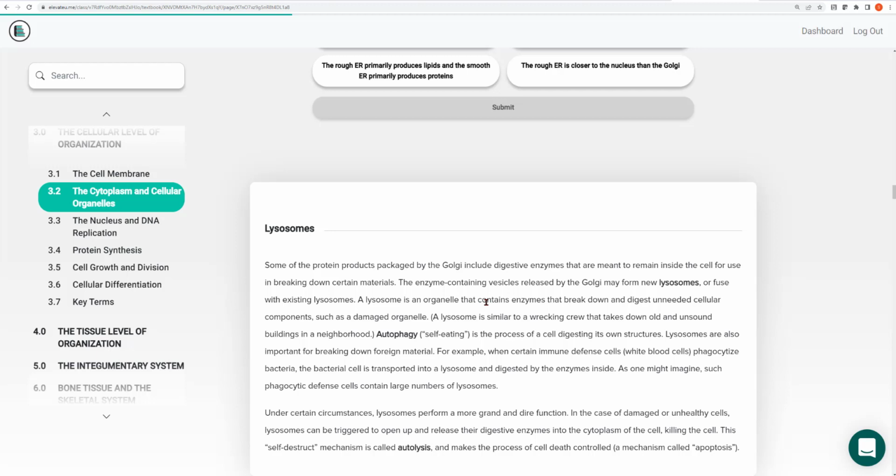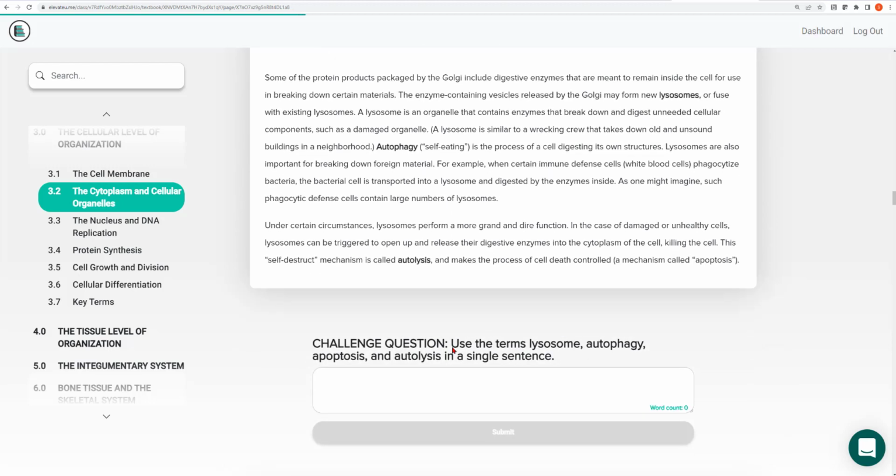As organelles get old and damaged, the lysosome is sort of like the wrecking crew or the garbage crew, and they are going to break down the aging organelles into their basic parts. This process is called autophagy, right? Auto, eating. Phage is eating. So autophagy is simply self-eating, and cells are constantly breaking themselves down and building themselves back up. So lysosomes are a part of that.